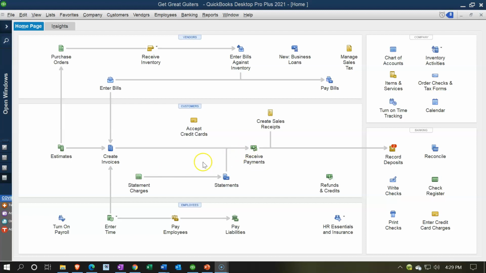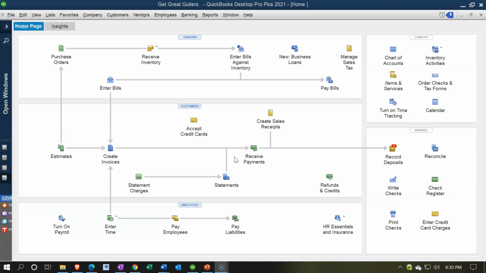Okay, so then of course, if we bill someone, we can track the receivables and we expect to receive payment at some future time. Now, that payment could be in the form of an electronic payment, it could be cash, it could be check. But I think the easiest way to imagine is that we send out the invoice by email or by mail, and we expect to receive a check in the mail. Although, again, we could get some electronic payment or set up other kind of payment options